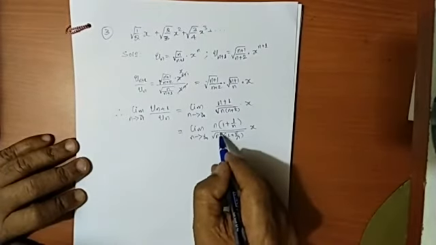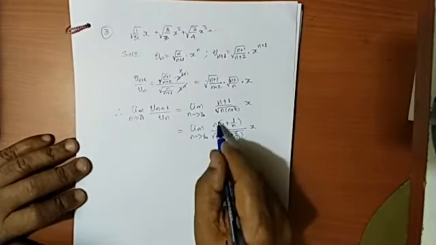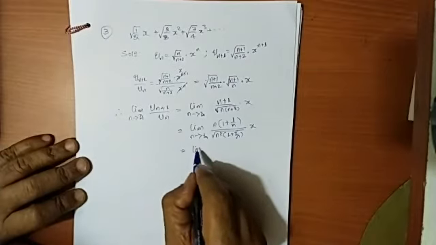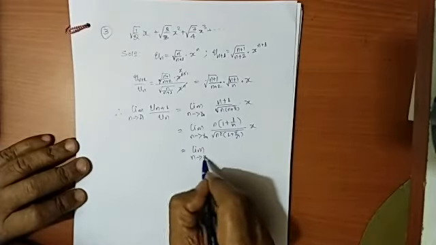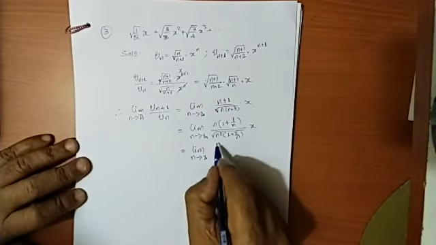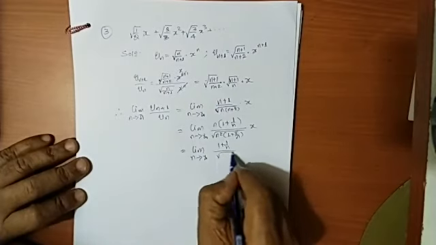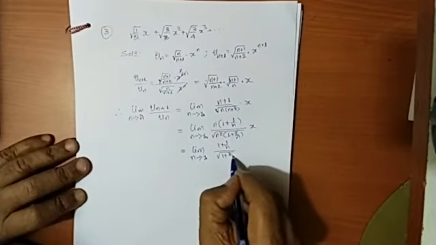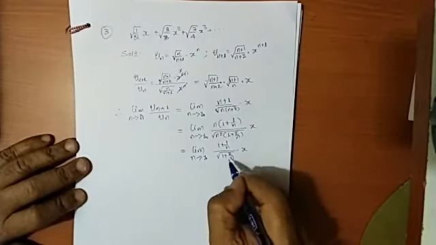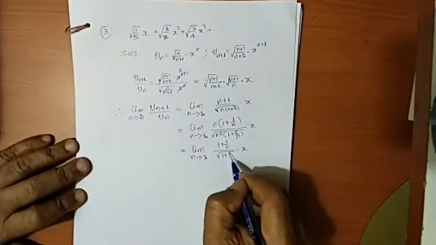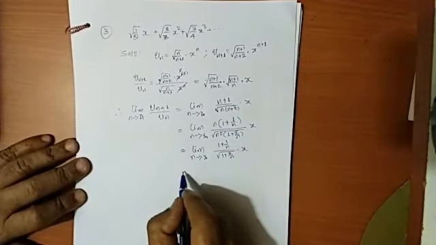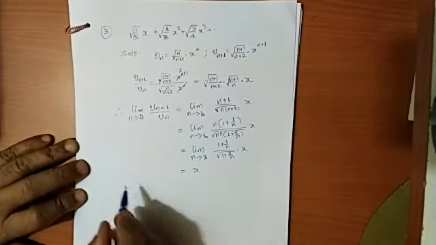Here root of n squared is n, so these two cancel. So I can write this as limit as n tending to infinity of 1 plus 1 by n divided by square root of 1 plus 2 by n times x. So 1 by n and 2 by n go to 0. So this becomes x. Therefore,